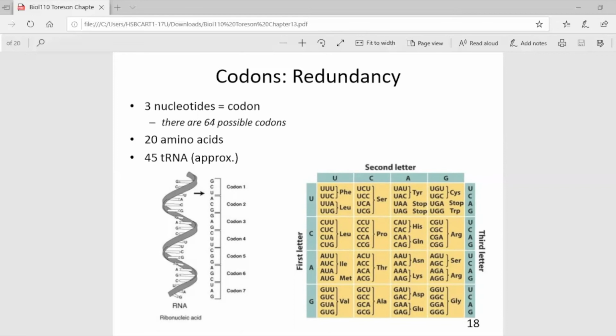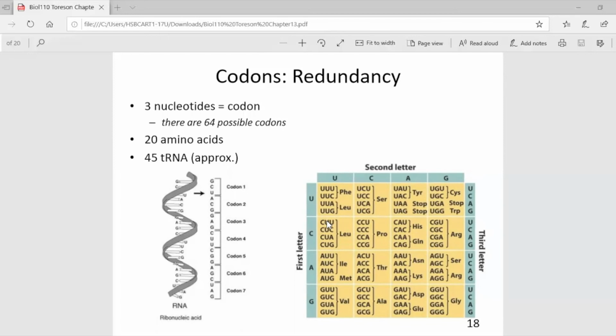So if you notice on this figure on slide 18, there is redundancy in the system. And by that, I mean there is more than one codon to signal a specific amino acid. And looking at leucine here as an example, there are 6 different codons that all encode for the amino acid leucine. This redundancy is helpful because minor changes to the nucleotide sequence, minor mutations, may not result in any detrimental